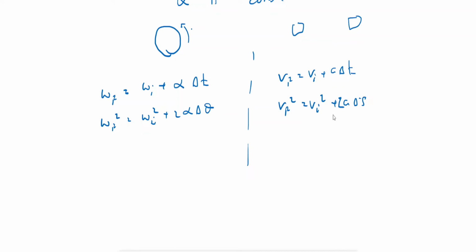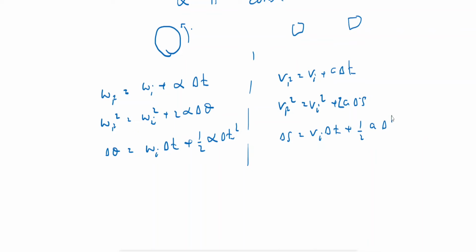So delta theta substitutes that displacement vector. You could also use delta theta equals initial velocity multiplied by time plus half alpha delta t squared. This is the same as delta s equals the initial velocity times time plus half